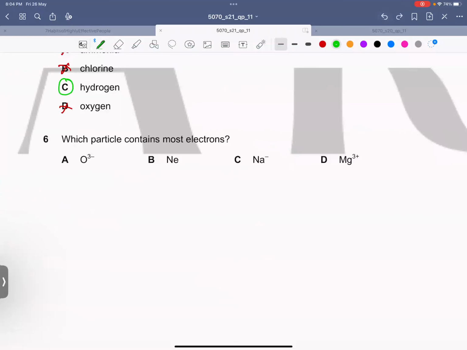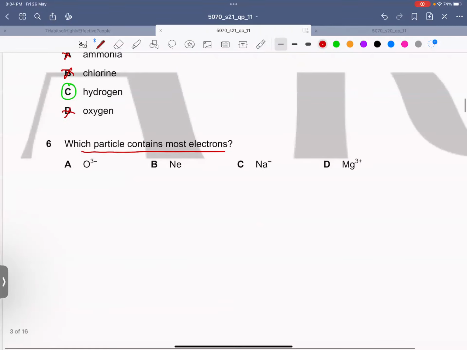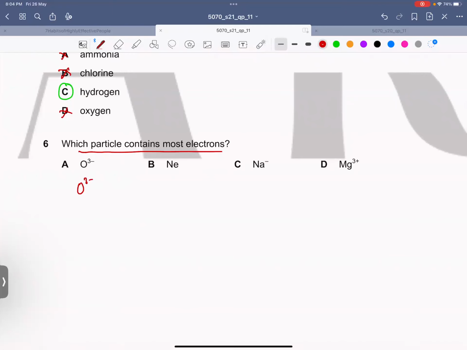Which particle contains the most electrons? If you look at oxygen 3 negative, its atomic number is 8. Neon's atomic number is 10. Sodium minus 1, with the atomic number 11. Magnesium 3 positive, its atomic number is 12. So if it's negative, it makes 8 plus